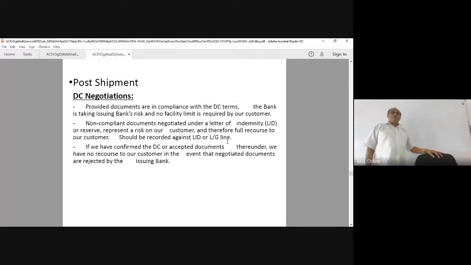These negotiations, that is post-shipment. Once you ship the goods, then you hand over the documents to the bank for negotiation. And provided documents are in compliance with the DC terms, the bank is taking the issuing bank's risk. And no facility limit is required by our customer. The customer doesn't want any facility limit. We will